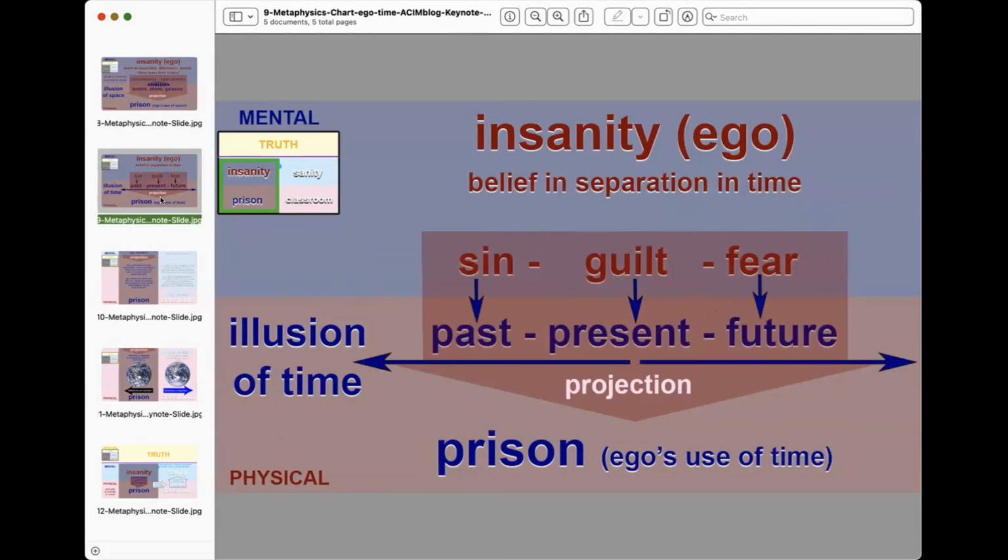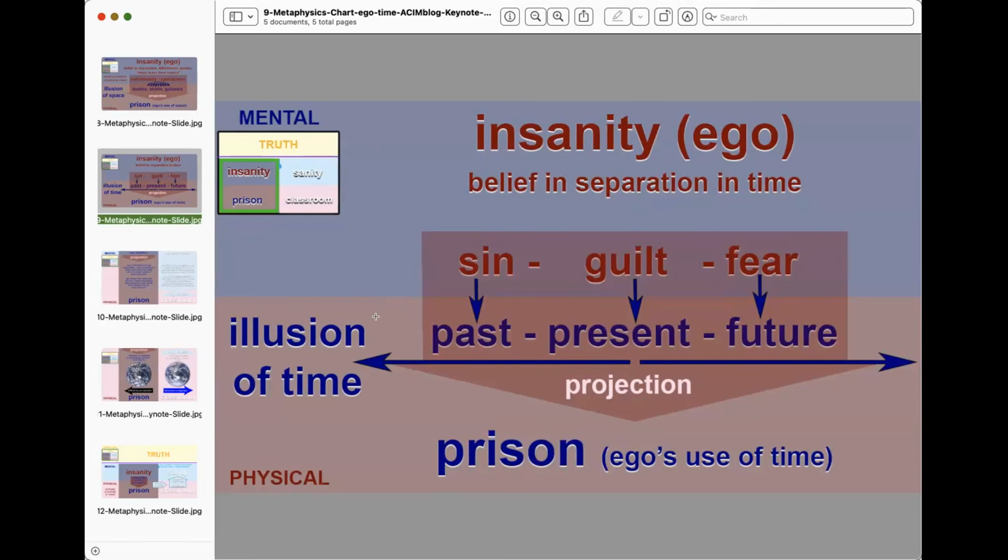So another way of looking at that, again, where we spend a lot of our time, and that's why the course has such an emphasis on looking at the ego. And I thought if we had any time, we could read the dynamics of the ego and then use the chart for looking at each sentence or block at a time. But here's another way of looking at the illusion of time.